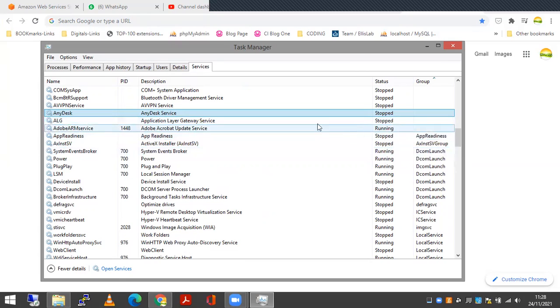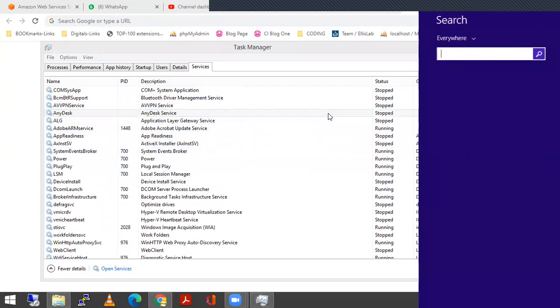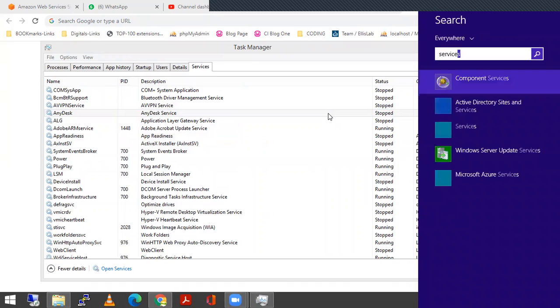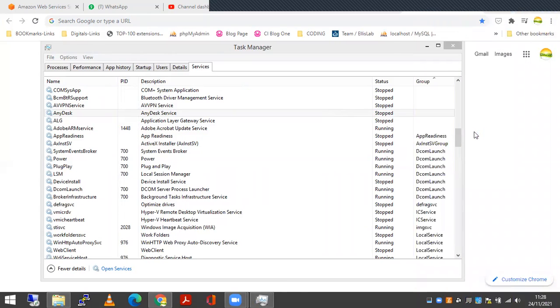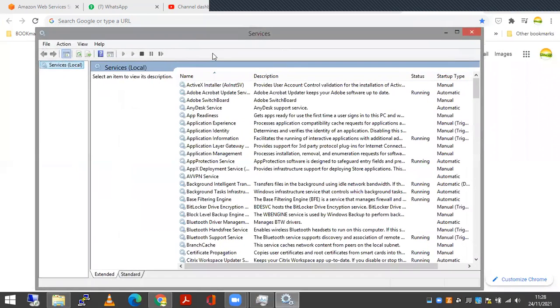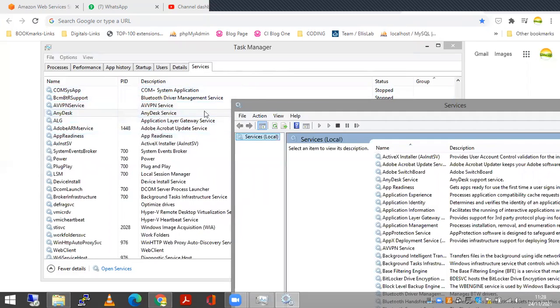Also, we can get a separate Services window from the search bar: press Windows key and search for services. Here we can see the Services option, and the services we can see in Task Manager are the same as in this Services tab.